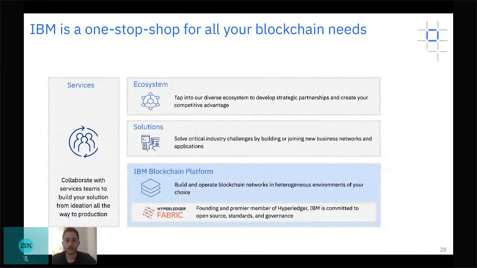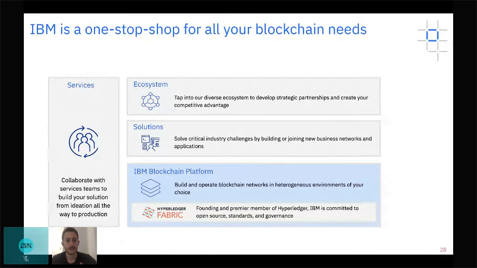What I do want to call out is why IBM is so great in the blockchain space. And that's really because we're a one-stop shop for anything you need, right? We have this large ecosystem of partners who are helping us create all of these incredible solutions. We have these solutions which are so great, and companies can come and join that help both simplify and make these different industries more transparent, and also help the end customer see more transparency in the things that they buy at the end of the day and the assets that they own.